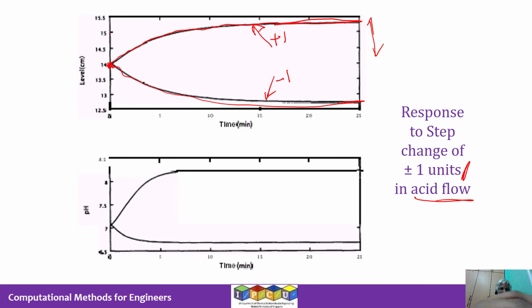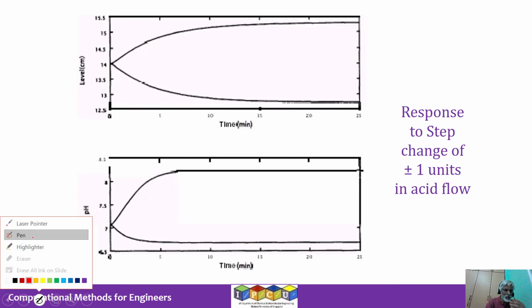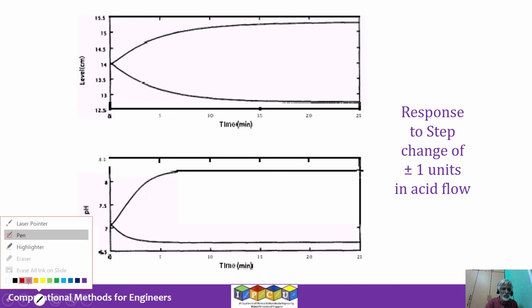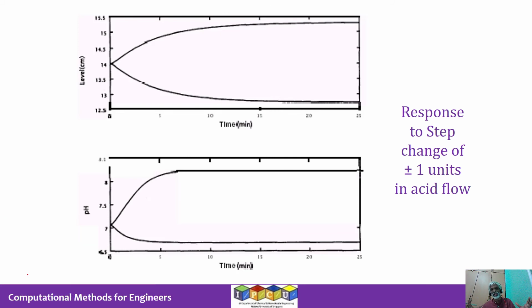So if you look at this change from this steady state value to this value, this is the final value. And you look at this difference, these two heights will be similar, and the speeds of the response are also quite similar, as you can see. So I urge you to look at it, and then you will see what I mean. The response of the system variable level to a change in acid flow is very symmetrical. The speed as well as the magnitude is symmetrical.